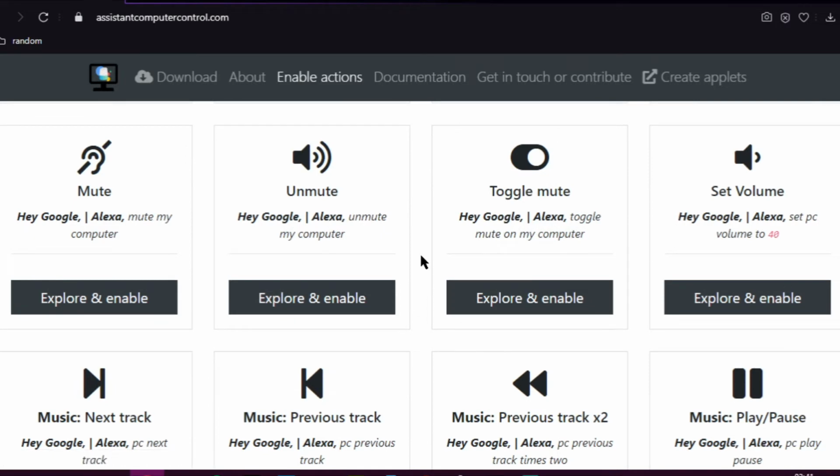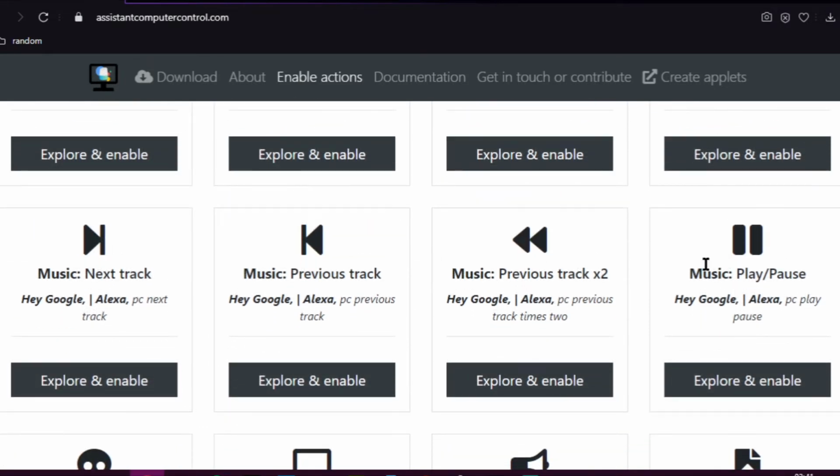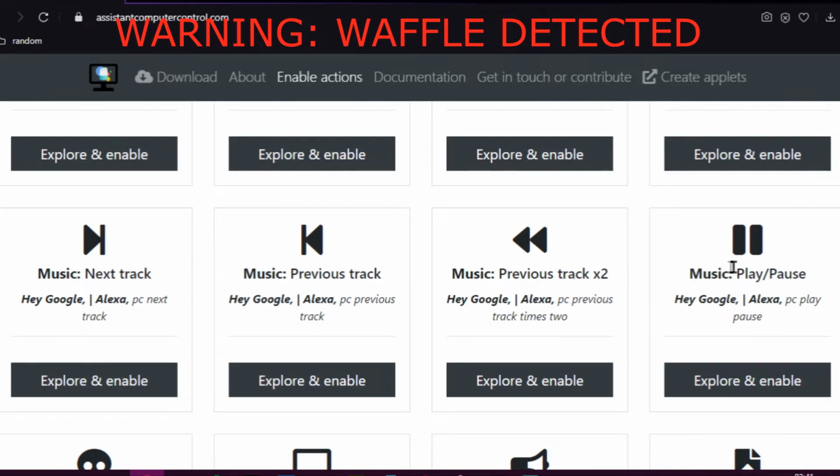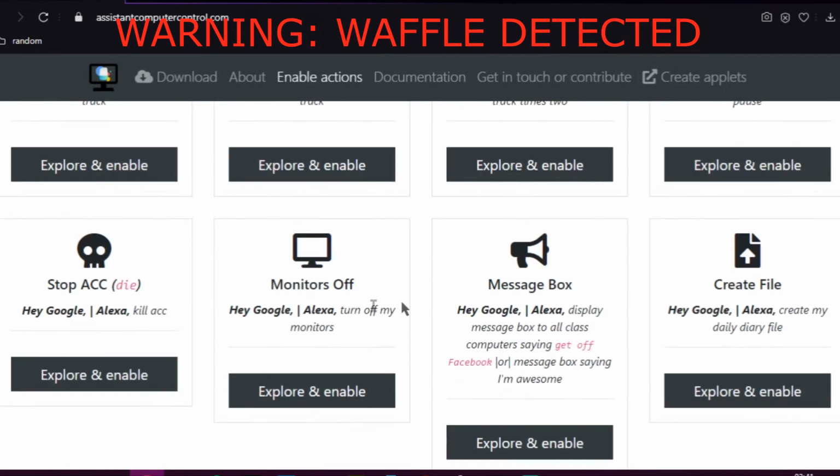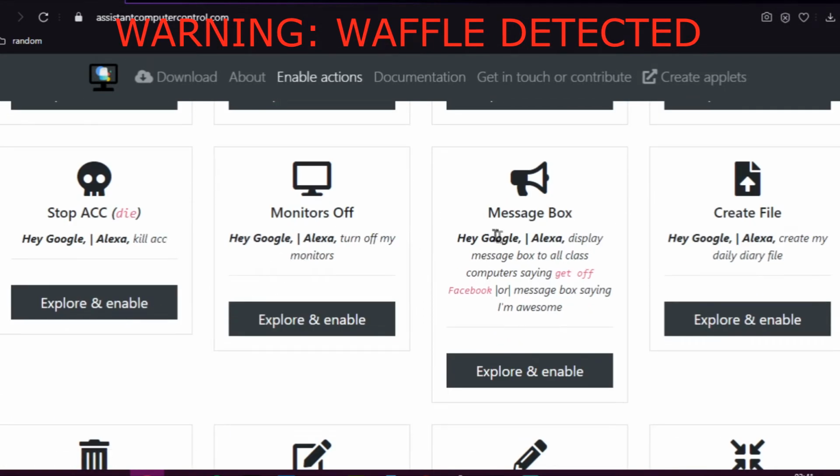So as you can see, there's quite a lot. You can use the play pause. I also have the play pause set. As soon as it mutes it, it uses the play pause function. And then you can see you can have monitors off, you can have